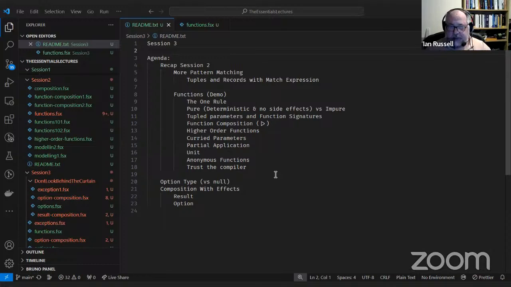And it's a mathematical rule, but it's something to bear in mind. And that we have two function types. We have pure and impure. Pure means that they're deterministic, so for the same input, you always get the same output, and there's no side